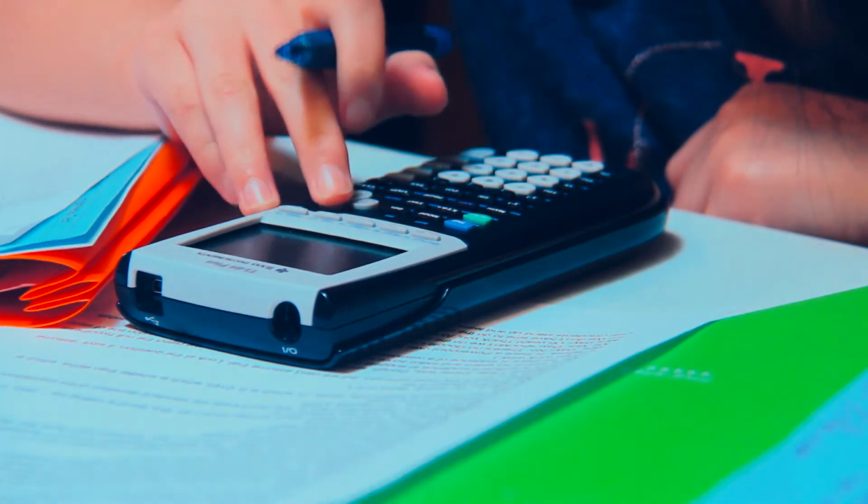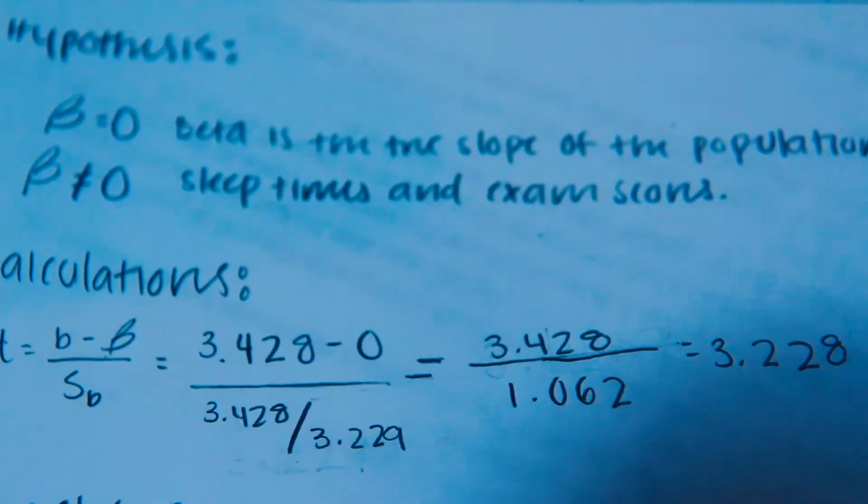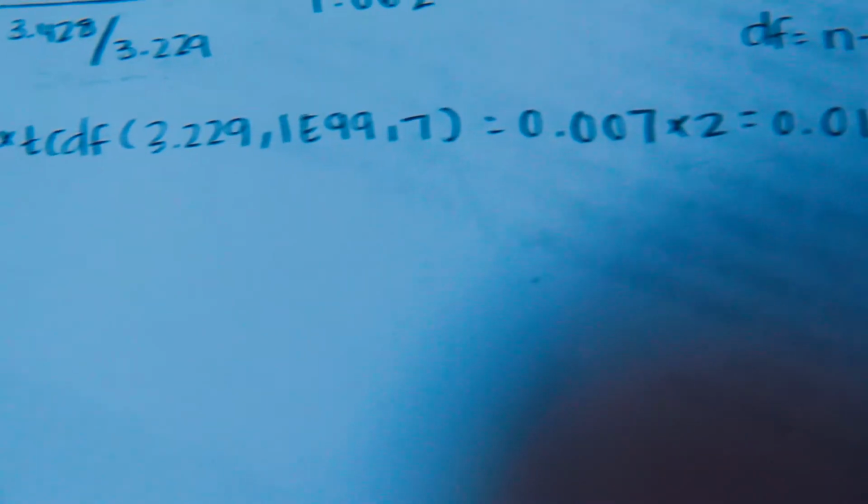Okay, so the test statistic Z is... It's a t distribution, not Z. You don't know the standard deviation of the population. Okay, so t is 3.229. The p-value is tcdf(3.229, 1E99, 7). It's actually 2 times that since this is a two-tailed test. Model utility tests are two-tailed tests. So it's